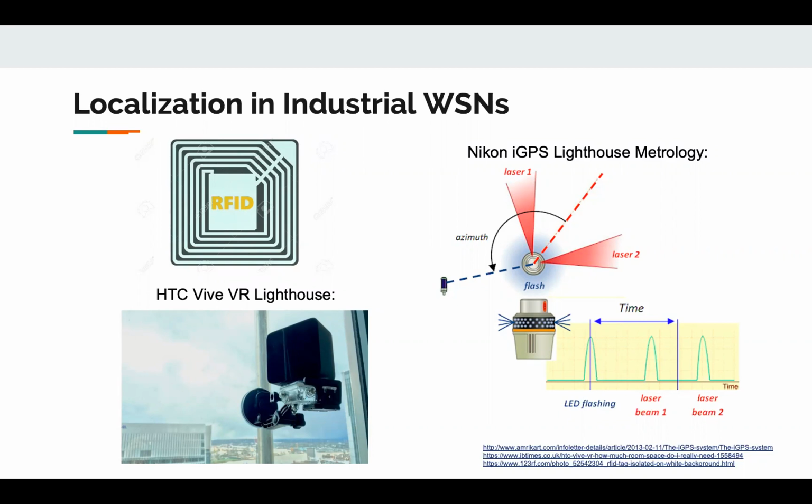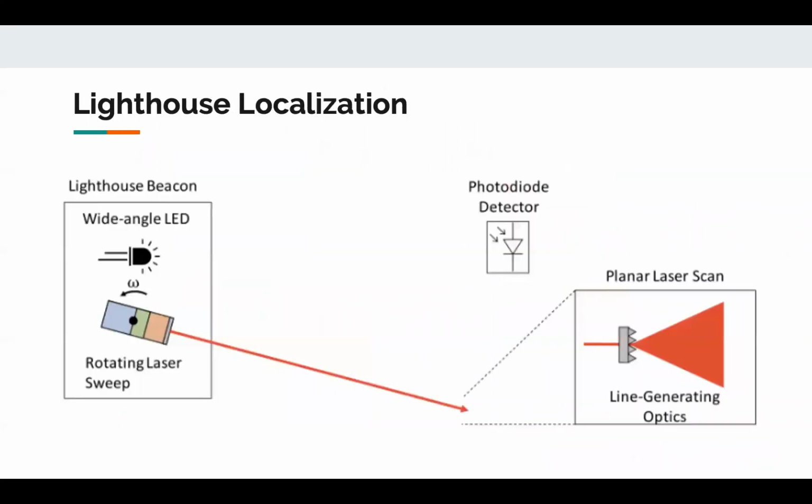On the other hand, HTC Vive, a consumer virtual reality headset and corresponding Lighthouse motion capture system, has also been gaining significant attention as a cost-effective, high-precision pose-tracking system that uses a method similar to angle of arrival and advertises millimeter precision. The HTC Vive Lighthouse uses line-generating optics to perform planar laser sweeps of infrared light across the tracking